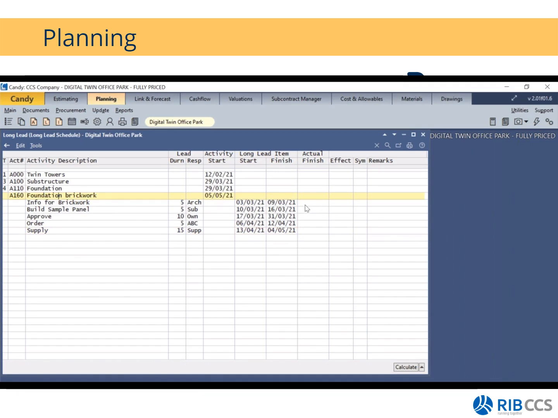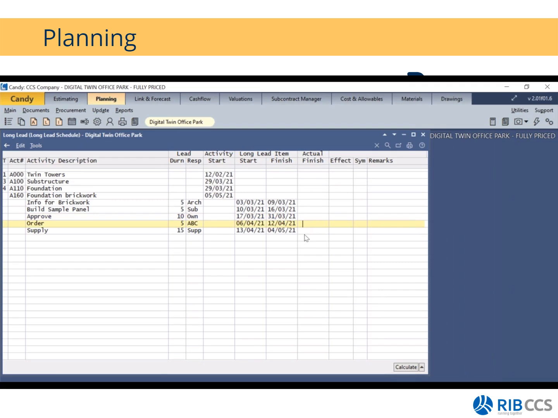All right, if there's a delay in any one of these activities, or items rather, let's differentiate between the actual activity, so we'll call these items. So if there's a delay in any of these items, it will impact the succeeding items, and ultimately it will definitely have an effect on my start date of the 5th of May, right? So you have a start date, you have a finish date,